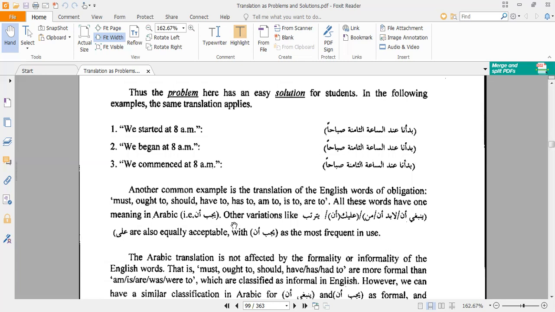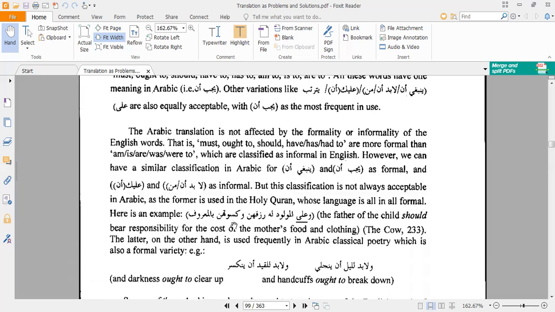Now the third problem is, يعني هي عندي أنا ثلاث جمل. We started at 8 a.m. We began at 8 a.m. We commenced at 8 a.m. هدول الثلاث جمل احنا ترجمتهم للعربية بدأ عند الساعة 8 صباحا the same but we have a formality level. Commence is more formal than start and begin. طيب